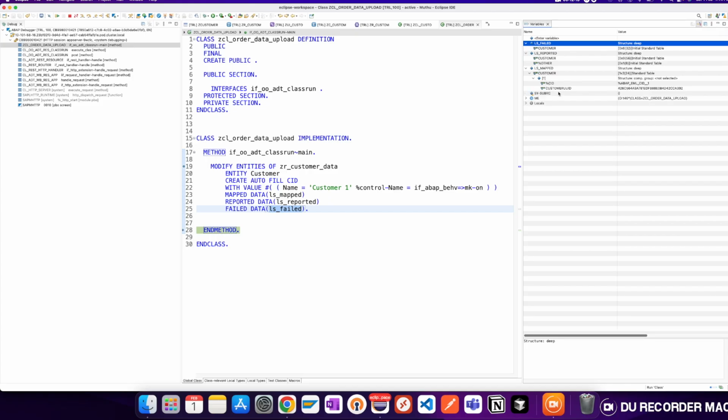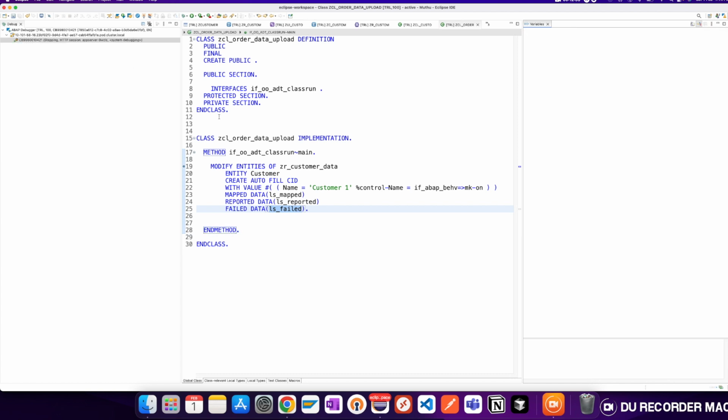There is one entry under this ls_mapped customer entity. There is a CID which is generated automatically, and the customer UUID, and this is the new UUID that has been generated for this customer data. Okay, so if I just try to execute completely,